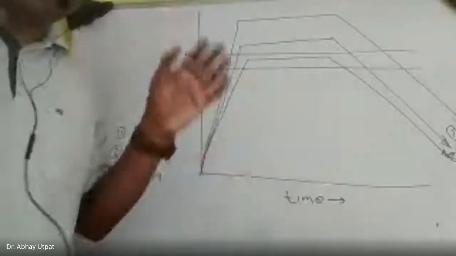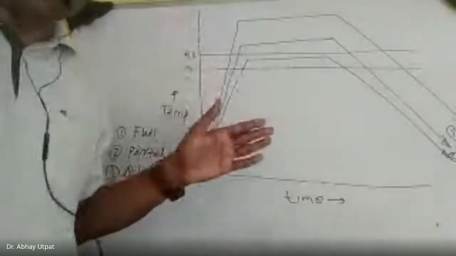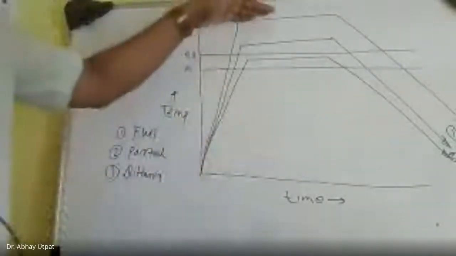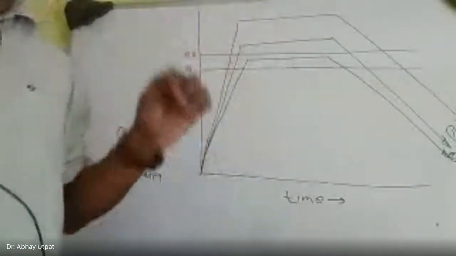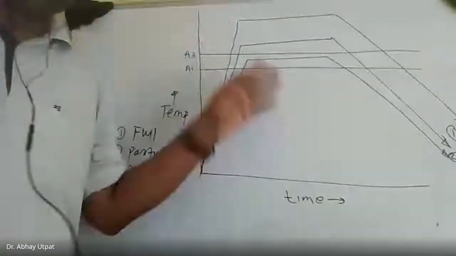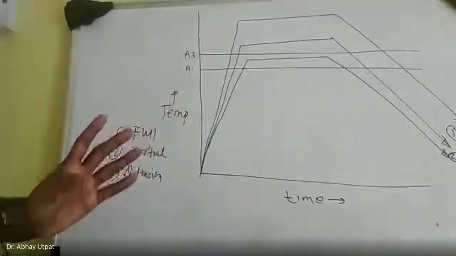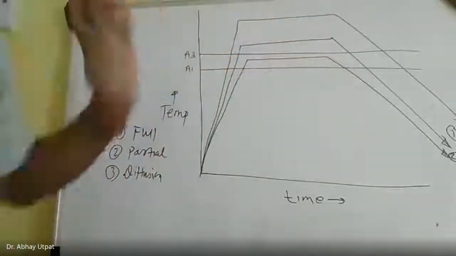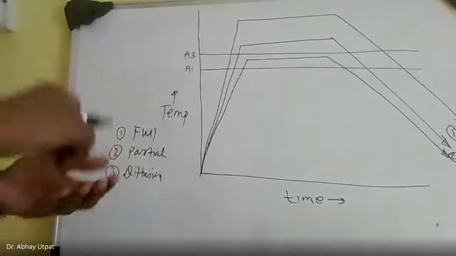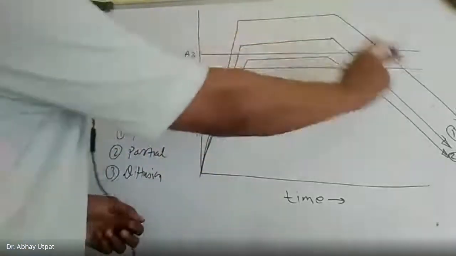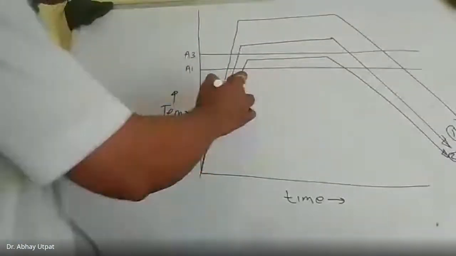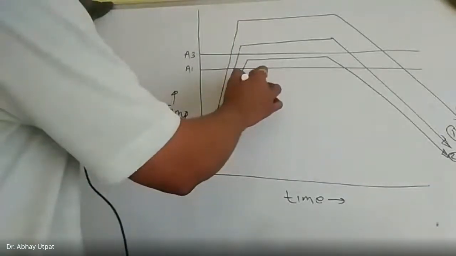But for every advantage, unknowingly, there are some disadvantages. Because of heating at very high temperature, there are chances of scale formation and oxidation, and hence it should be carried out in a controlled atmosphere. So this number 3 is diffusion annealing or homogenizing annealing: heating, soaking, cooling. Then the next one is recrystallization annealing or stress relief.